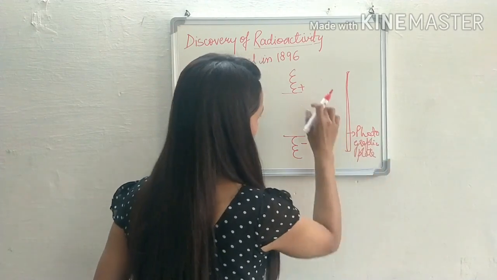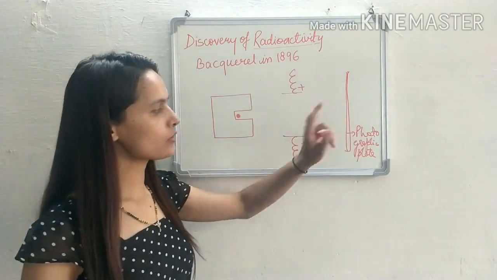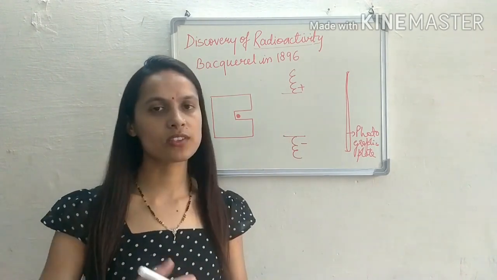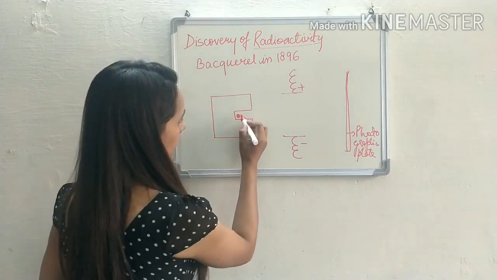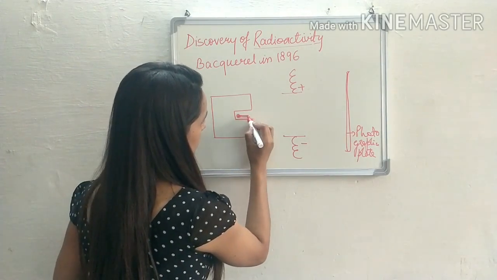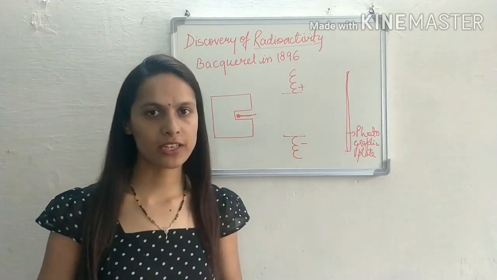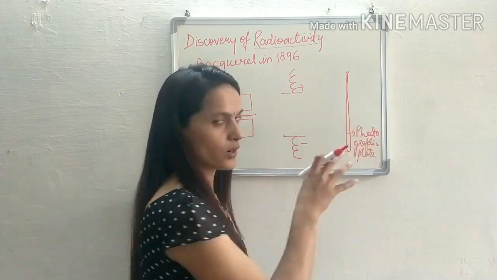ठीक है, Becquerel ने यहाँ पे क्या प्रोड्यूस किया, क्या जनरेट किया? एक इलेक्ट्रिक फील्ड. और यहाँ पे उसने क्या पुट की? हमारी एक फोटोग्राफिक प्लेट. मीन्स अ प्लेट विच इज कवर्ड विद जिंक सल्फाइड स्क्रीन. क्लियर? When the radiations are emitted from this radioactive source, he observed 3 different spots in the photographic plate.